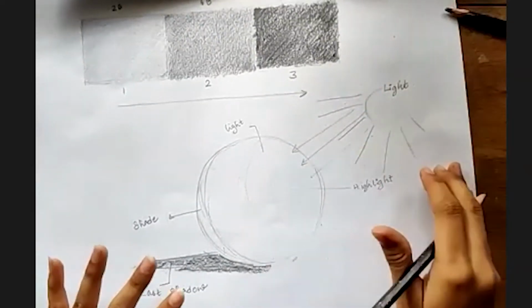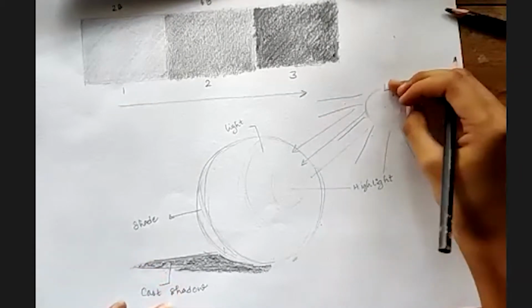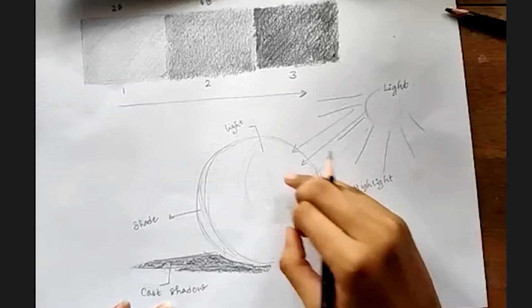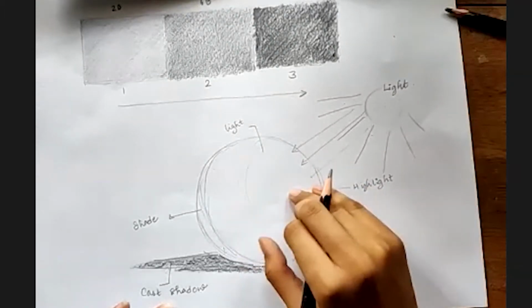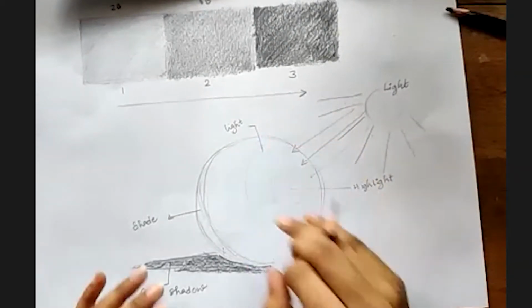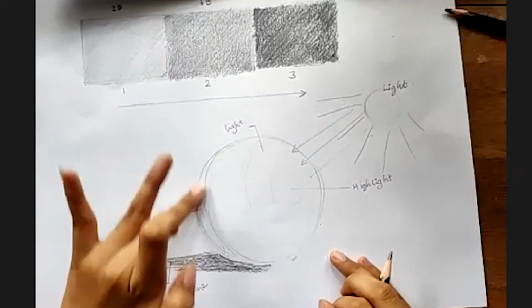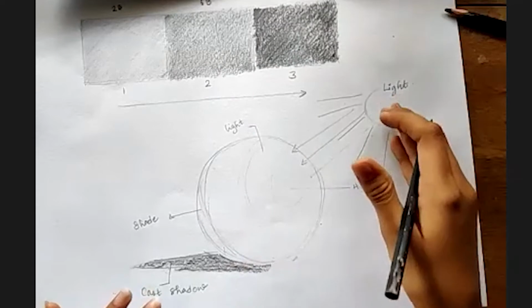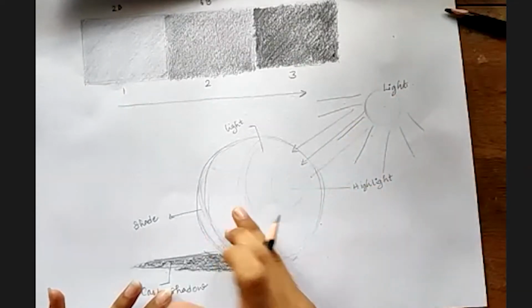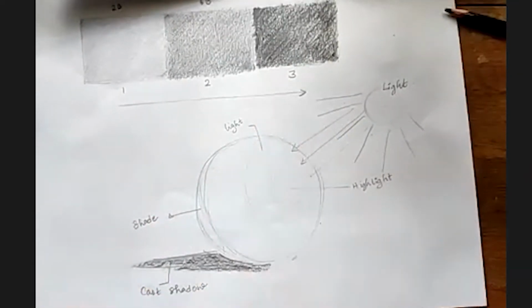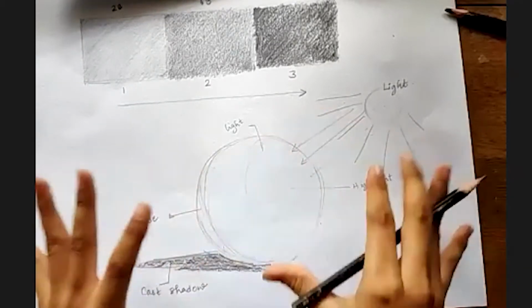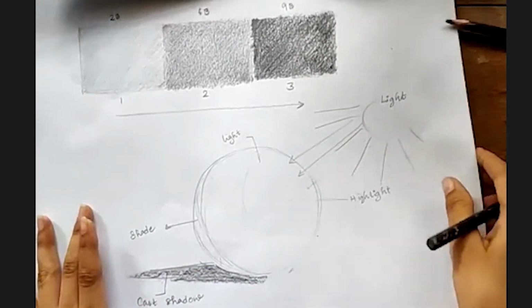So this is the basic you need to know. So the light which will be hitting onto the surface where there is a highlight. This is a highlight part and the light part, and the shade here will be your darker shade because the light will not approach till here. It only stops till here. And then the cast shadow. This is the cast shadow. So this is a rough analysis of a light.